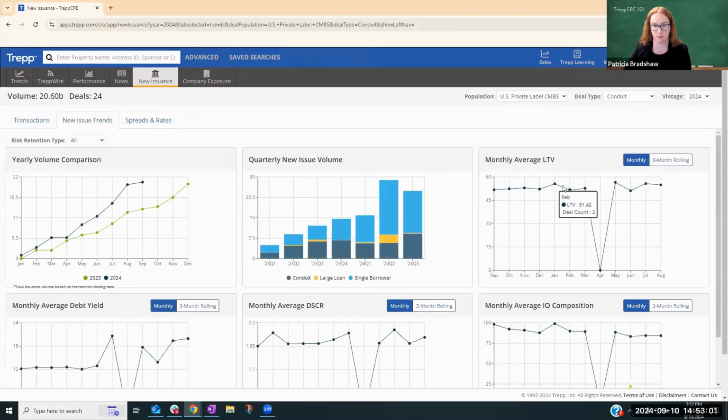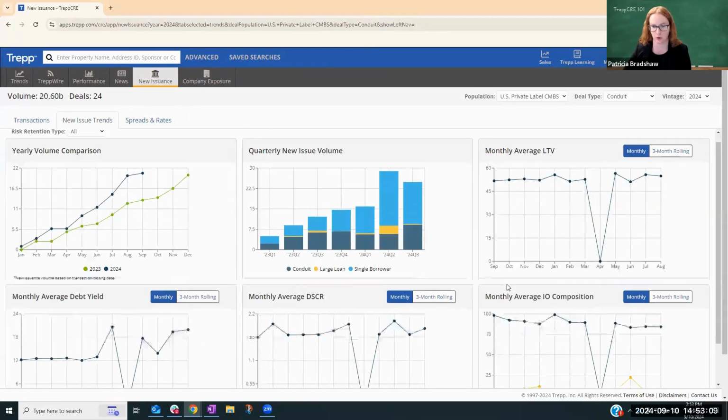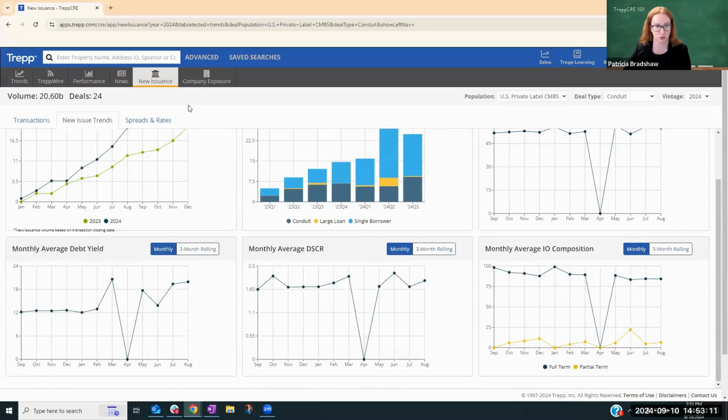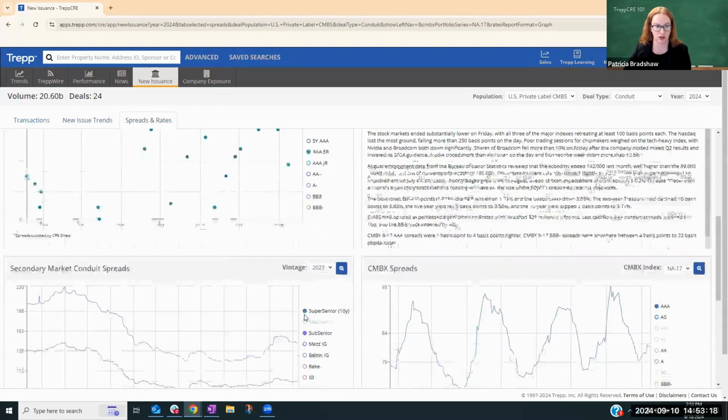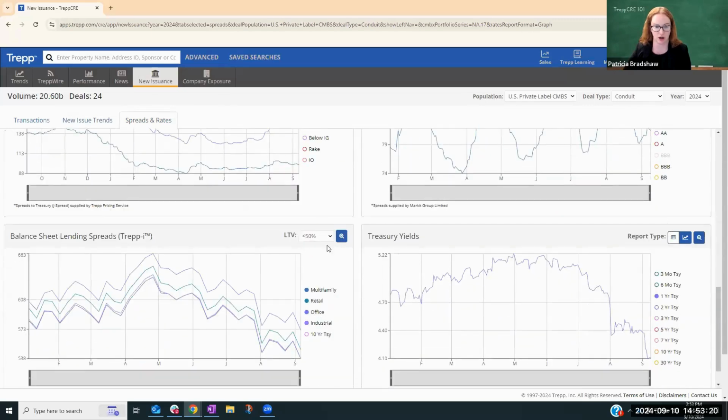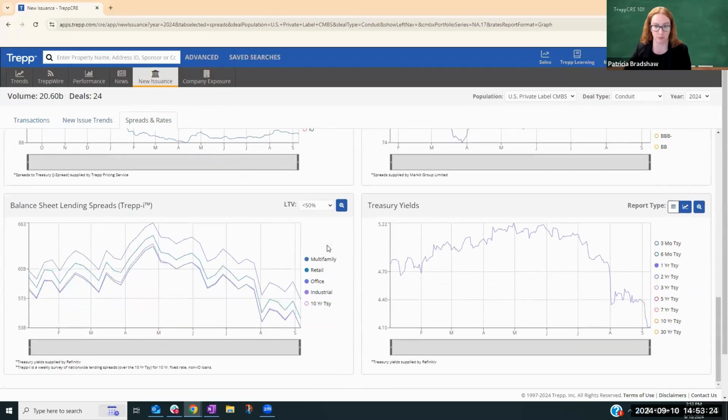So if you wanted to look at monthly average LTV, year-over-year comparison, quarterly new issuance volume, if it's conduit, large loan, single borrower, there's some additional metrics down here as well. You can also look at some spread and rate information. So if you wanted to scroll down here and look at some information on what our balance sheet lending spreads are, which is from our TreppCRE product, you could do that down here as well and see, is this quarter